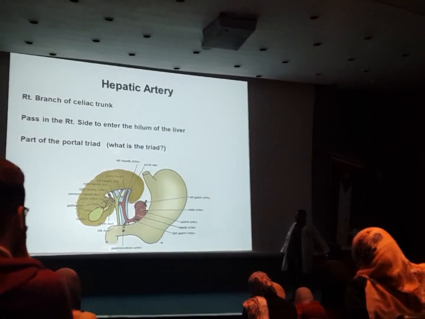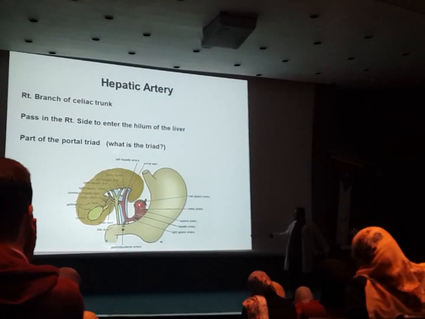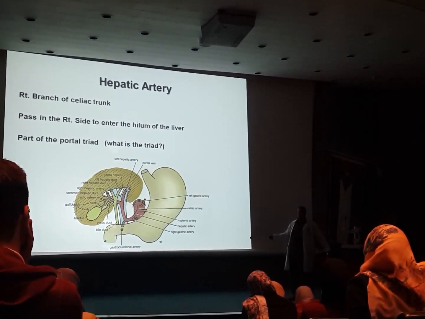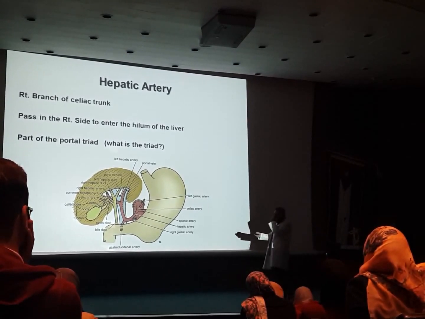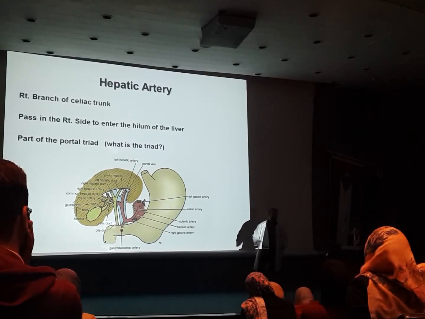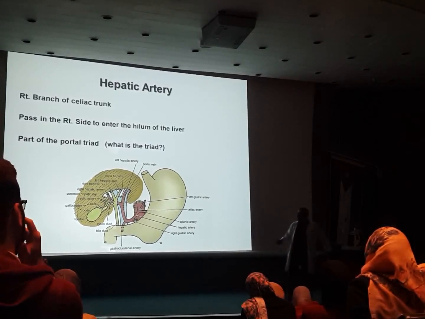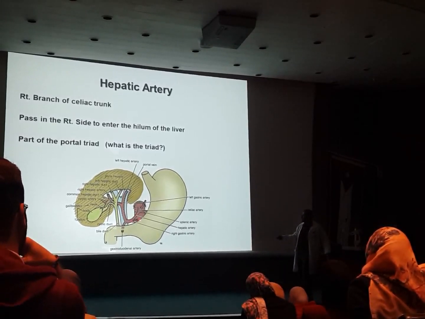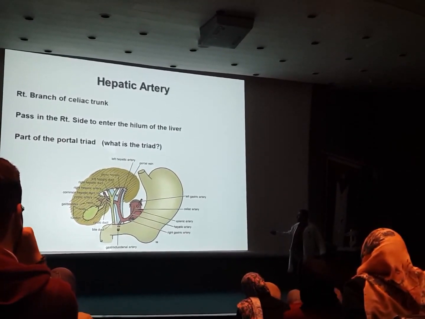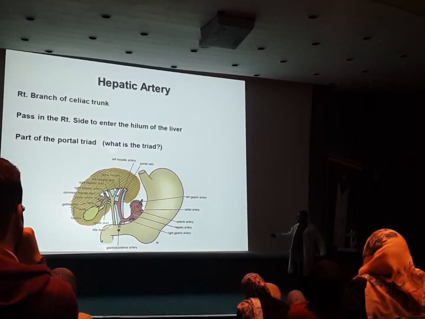The hepatic now. Let's speak about the hepatic. You see here, this is the celiac, splenic, left gastric, and all of this is the hepatic. Now the hepatic, once it arrives, since it's very large, we will call it the common hepatic artery. As it passes, it will give first a branch. Which branch is this? The right gastric artery, which will anastomose with this one, with the left gastric, when it